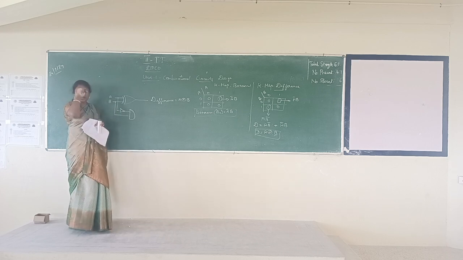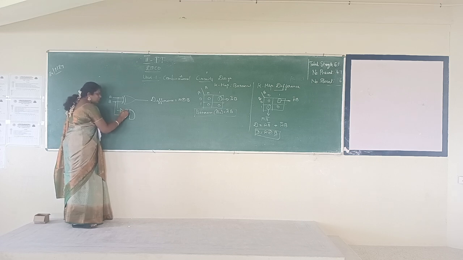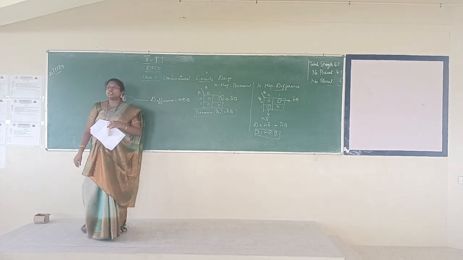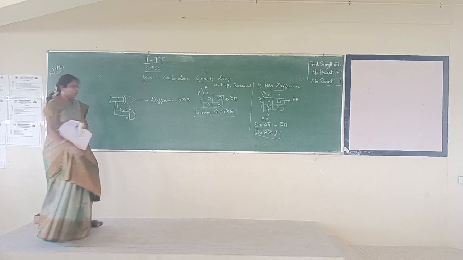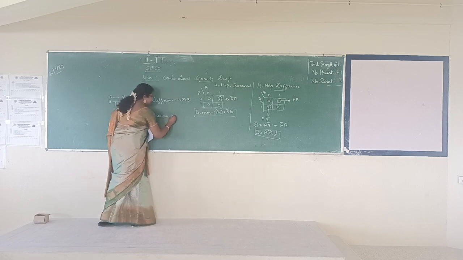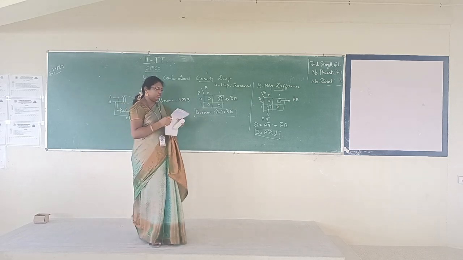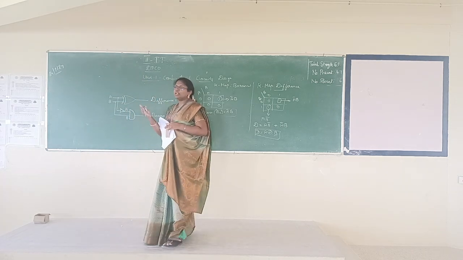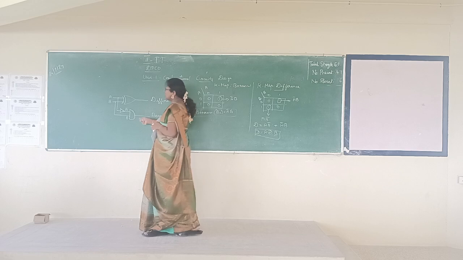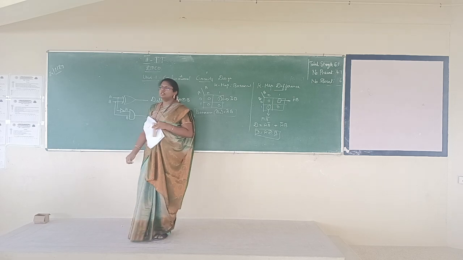See, this is the connection. The NOT gate is on input A. What is the output of this? A bar. What is the output of this? B. So when A bar and B are given as inputs to the AND gate, the output is borrow, so it will be A bar B. This is the logic diagram for the half subtractor. If you compare with the logic diagram for the half adder, what is the difference? We have an additional NOT gate. So finish it.